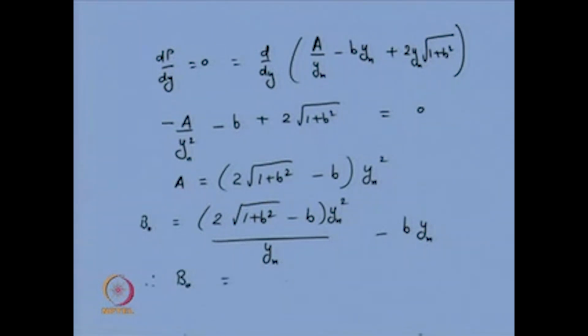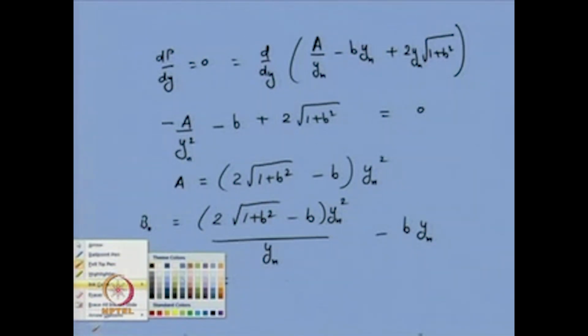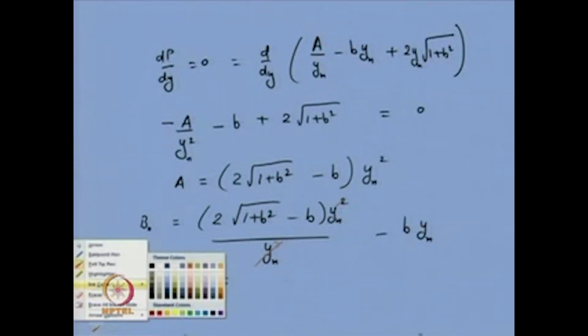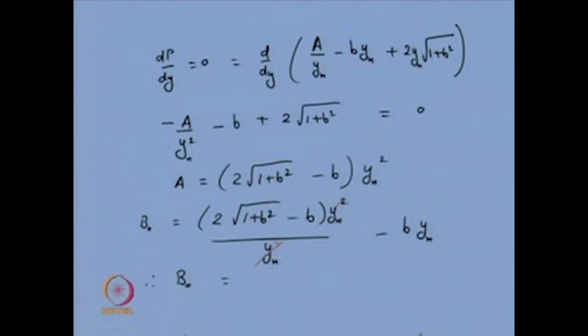Therefore, rearrange the terms and cancel off the terms whichever is obvious to you. This thing and this thing can be cancelled off. Like that, you will see that you are going to get B0 is equal to twice yn into root of 1 plus m squared minus m. Or you can also see that for the hydraulically efficient channel cross section, the normal depth should be equal